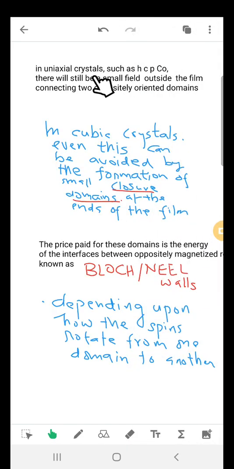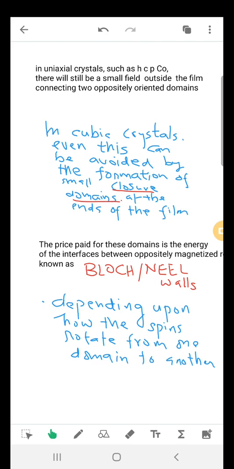Now, in uniaxial crystals such as HCP cobalt, there will still be a small field outside the film connecting the two oppositely oriented domains. In cubic crystals, even this can be avoided by the formation of small closure domains at the ends of the film. Now, the price paid for these domains is the energy of the interface between the oppositely magnetized domains, called the Bloch or Néel walls, depending upon how the spins rotate from one domain to